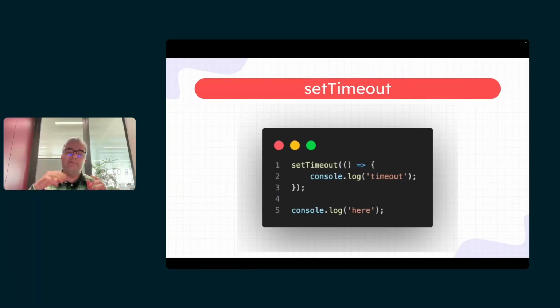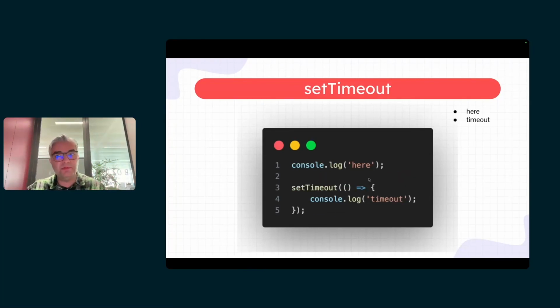I told you, when the event loop is going to pick something and push it to the call stack, when does it do it? As soon as the call stack is empty. So it's going to run line 5, console log 'here'. But the callback hasn't been run. So it means that the output would be 'here' and then 'timeout'. The previous one was 'here', 'timeout' as well.